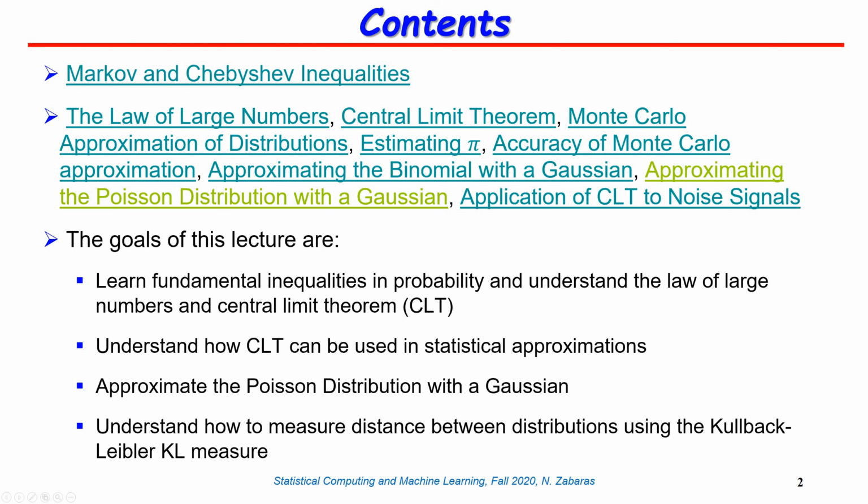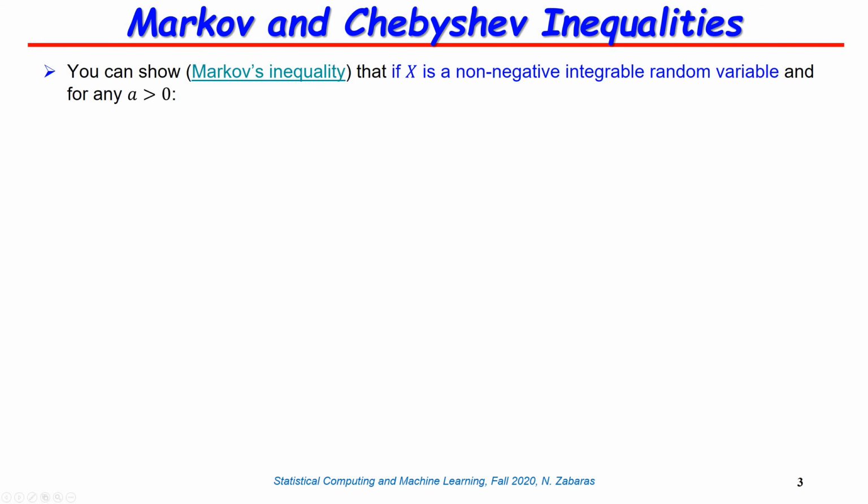and finally I am going to bring in, since we're going to be talking about approximation of distributions with Gaussians, sort of a first look at what is called the Kullback-Leibler KL distance measure between distributions. So this will be a measure that can tell us how close one probability distribution is to another. So it will be a useful thing, for example, to show how the Poisson distribution approximates a Gaussian for different values of the parameters. All right, so let me start with a few inequalities from probability theory.